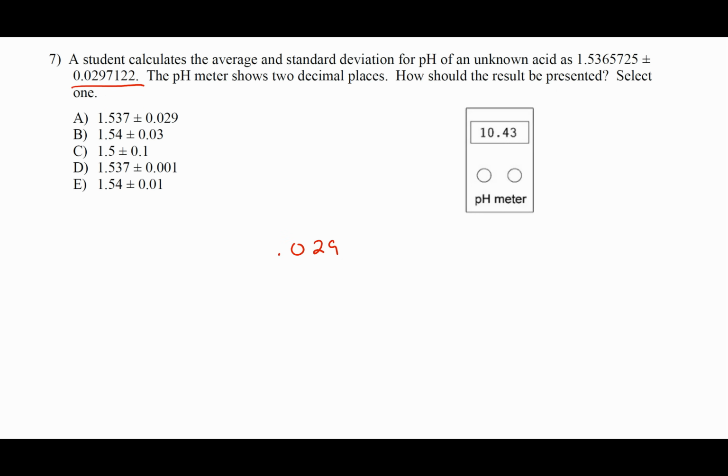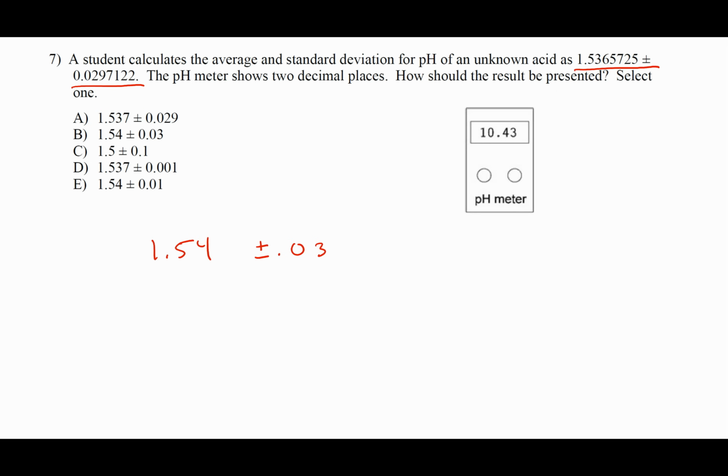0.029, because right, we can only keep 1 sig fig, unless it begins with a 1 or 2, so I have 2. But that 7 is going to have it round. So that 7 is going to take it to 3.0. And once we have that 3.0, we are no longer 2, so we have to keep it as 0.03. Now, also, rule 2,